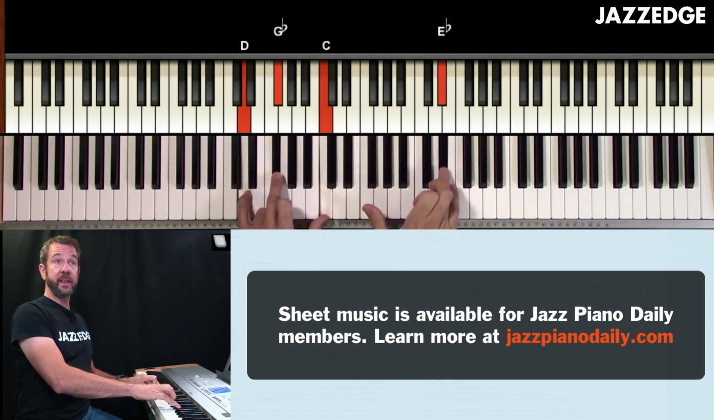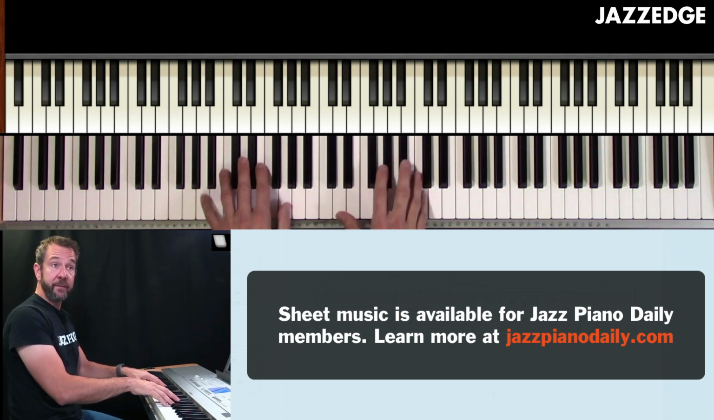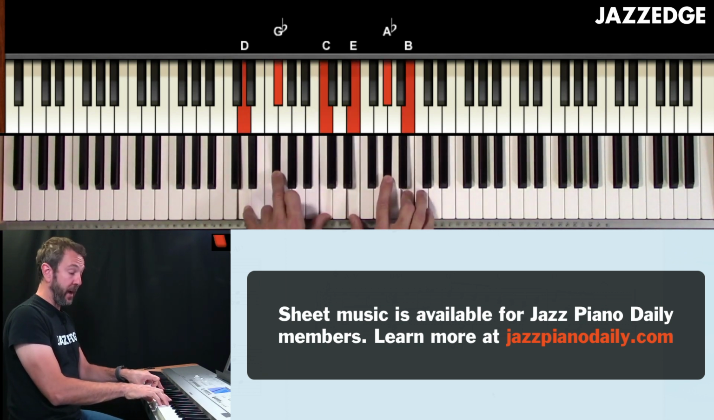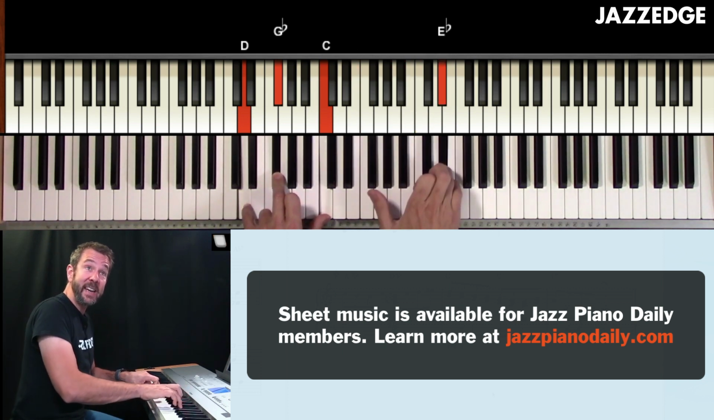Notice here I played the flat 9. I'm actually going to add the flat 9 into the chord symbol as well. So this is a D7 flat 9. Let me blow this up a little bit for you so you can see it. Okay. So we have here A minor 7 flat 5, then D7 with a sharp 11 right here, but then we go up to the flat 9,